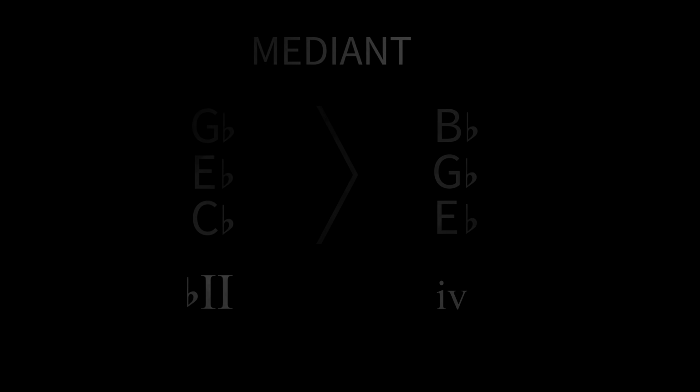Now, moving on, the end of the bridge, building into the return of the final chorus, gives us that tonal harmony cadential use of the Neapolitan, C flat to F